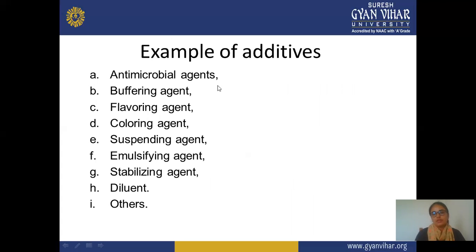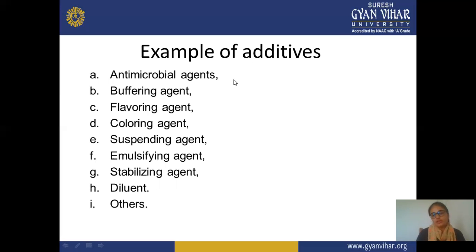Now there are examples of additives, the different additives or excipients used in a formulation. There may be a single additive or a combination. The selection of additives and excipients depends on the type of formulation or according to requirements. Suppose you are preparing a syrup. In this condition, the use of coloring and other excipients is up to you, how much elegance or color is provided to the syrup, or maybe you can also prepare the syrup without color. So these are examples of additives that you use for your formulation.